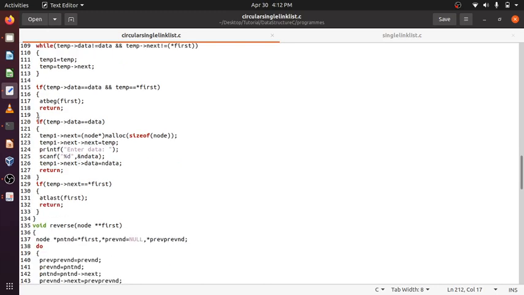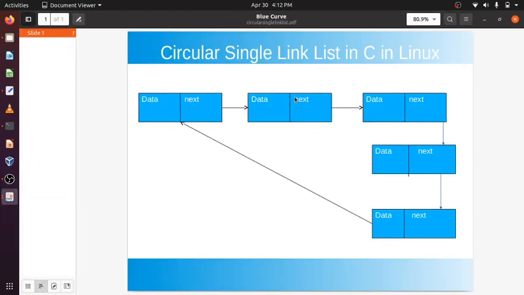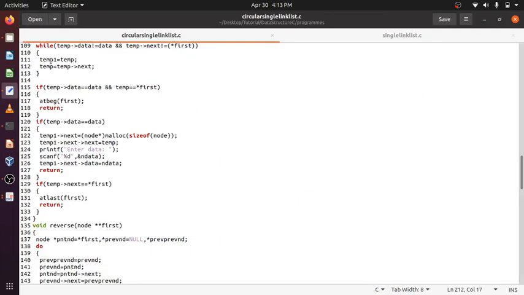Okay. If temp data equal to data, yes. If it is in the middle of the node equal to data, then temp will be pointing. Suppose the while loop will go on iterating, suppose data is matched here. So temp will point here, and temp1 will point here. Temp will point to the node, and temp1 the previous node. So temp data equal to data, yes. Temp1 next,